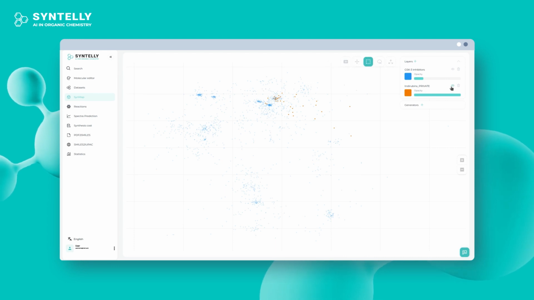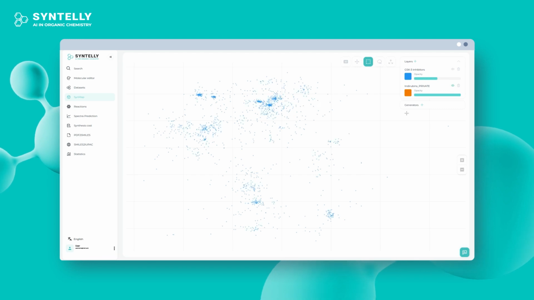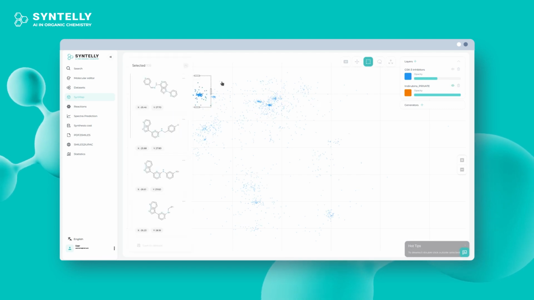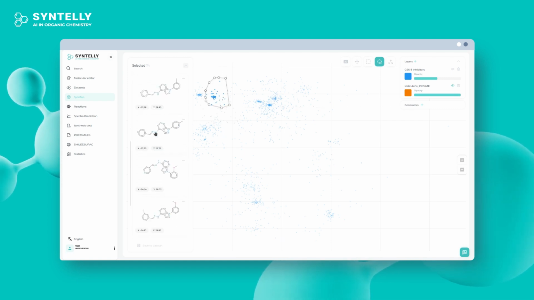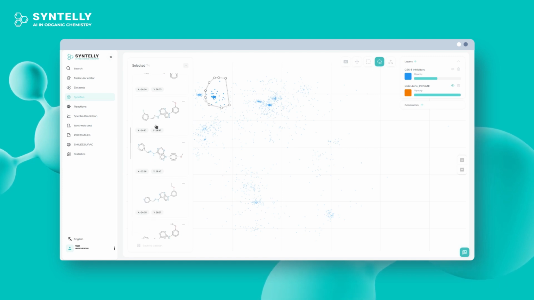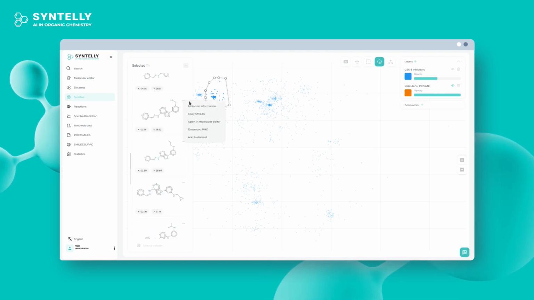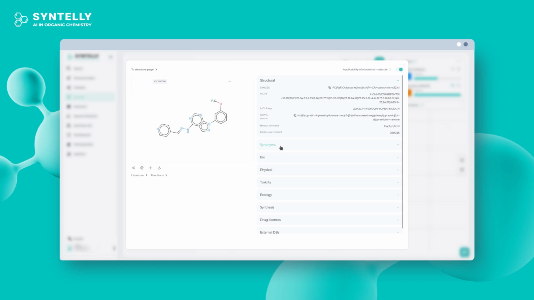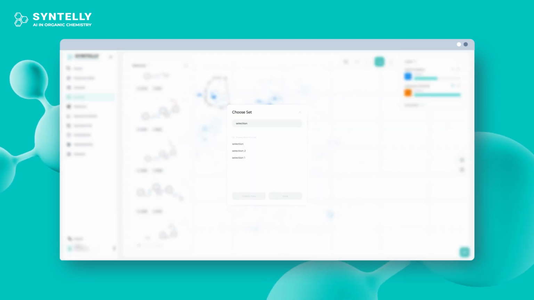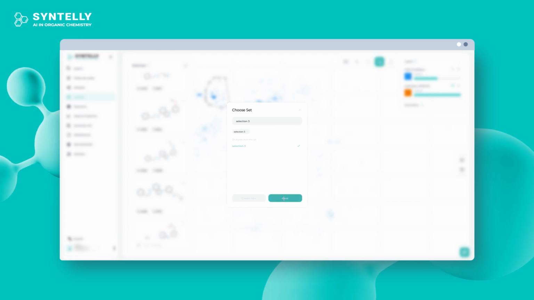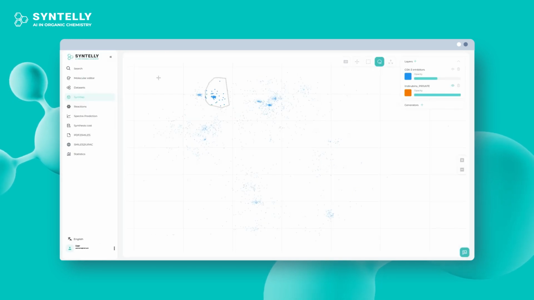Hide the indirubin dataset by clicking on the button with the eye image on it. Any area can be selected using rectangular or shaped selection. In this case, the molecules that are included in the selection will be displayed in the list. It is possible to analyze them visually, to work with them individually, in particular to calculate predictions using SINT-LE methods, or to save them to a dataset. To deselect, double-click in any area of the chart.